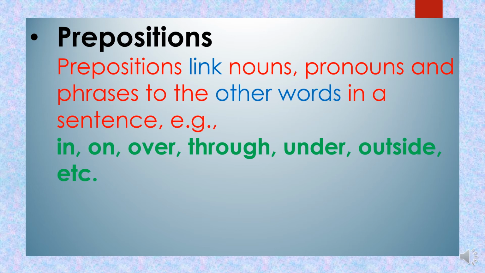I am sure you are already aware, but I will again explain what phrases are. So wherever nouns, pronouns, phrases are linking to other words of the sentence, we are using linking words known as prepositions. So, the book is kept on the table. Here we are linking the noun book with table by using the word on. So all these are known as prepositions.